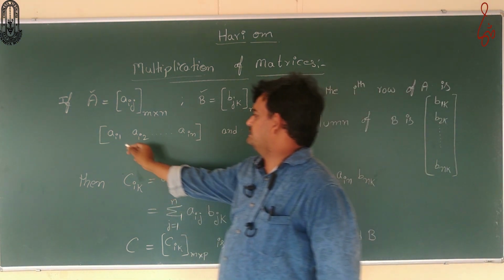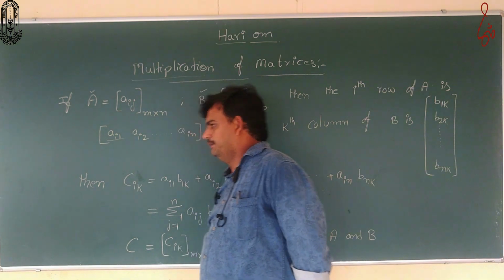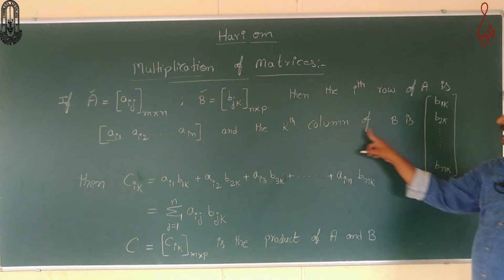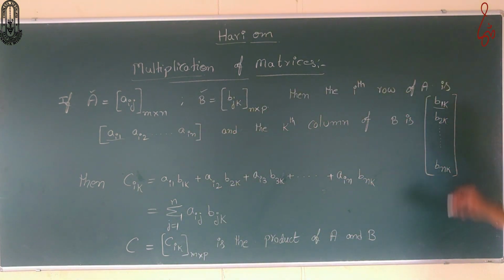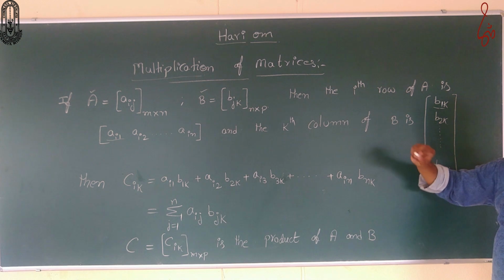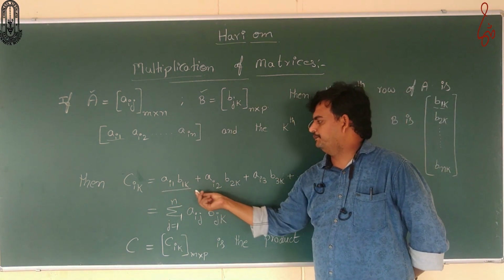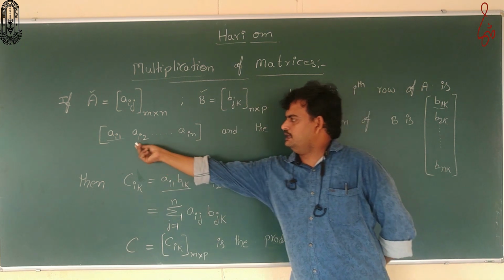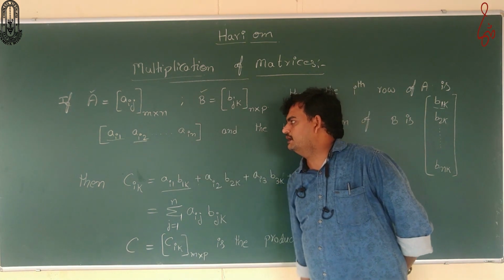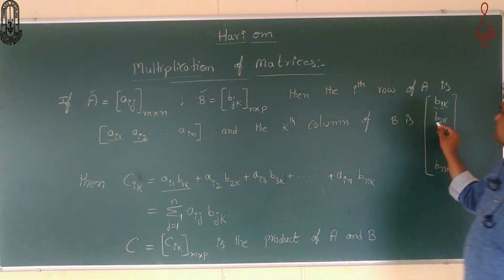In the ith row, the first element ai1 and in the kth column of B, the first element b1k, we are going to multiply. So the product we get is ai1 into b1k plus